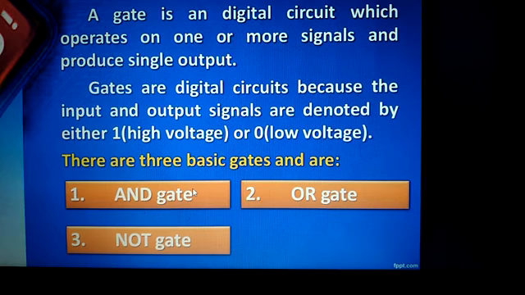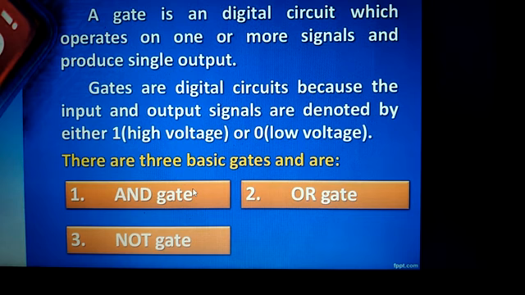Digital circuit means, when in your house you see your electricity connection. This is only an example, try to understand from this example. In that circuit, when the power is going, then your bulb starts. When power is not there, your bulb is not able to start.